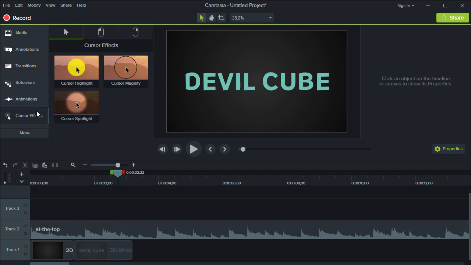Next, when you're using the mouse a lot and you want to specifically point to something, you can use something called cursor effects. Now I'm not quite sure how the cursor effect works, but